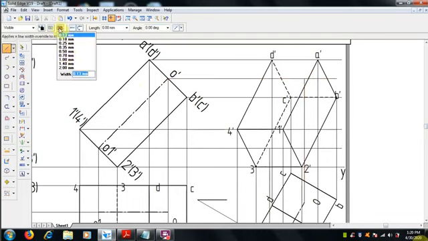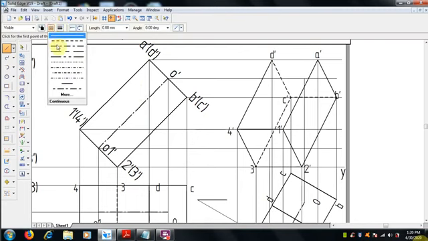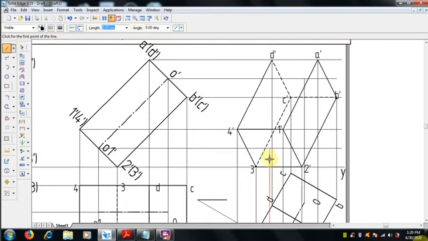Now join these two end points with the center line. So here it is O1, that is O, O1 and O dash, both are top.